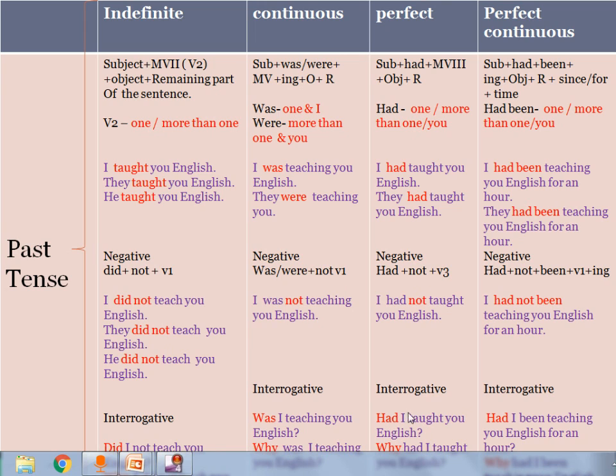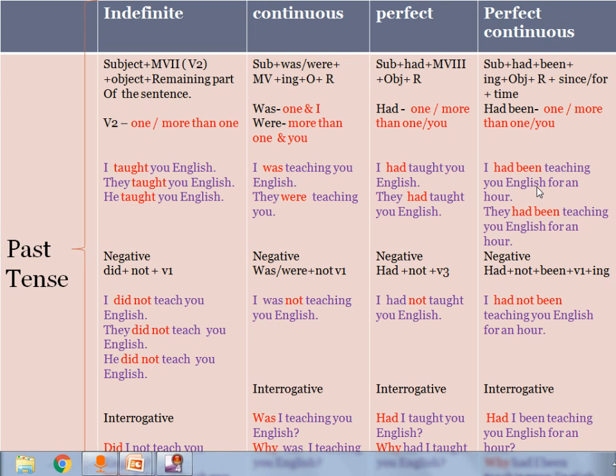So this shows the sentence belongs to interrogative in past perfect tense. Past perfect continuous and past continuous have the same difference as present continuous and present perfect continuous. Here time is given, but in the past continuous no time is given. I was teaching you English, no time. Which time? No time is here. So this sentence belongs to past continuous tense, but in this sentence we find time. So we can say the sentence belongs to past continuous.